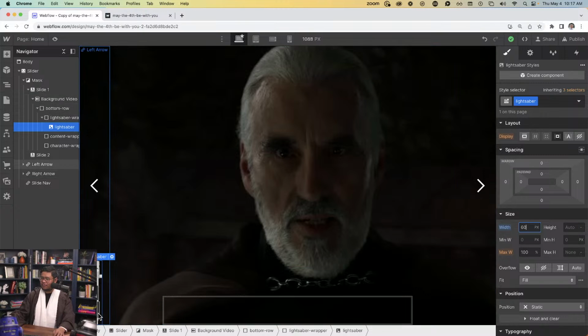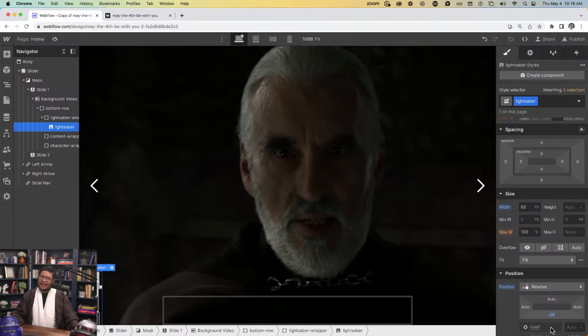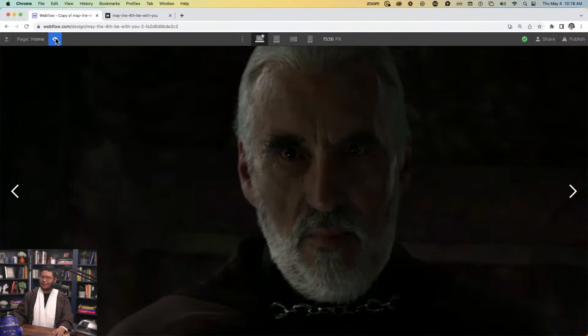And I don't want it to be floating like that. I want it to be cut off a little. So I'm going to, let's see here. I'm going to use position relative and push it down a bit. Yeah, I'm not sure if I should have used negative bottom margin or negative bottom position relative. I mean, whatever works for you, right? All right, so I'm previewing it and